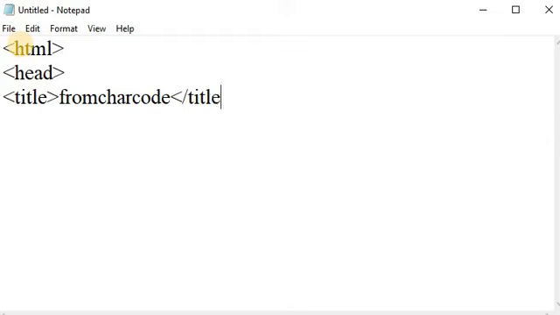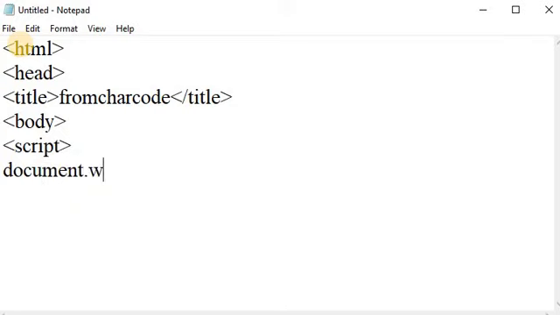After closing a title tag, open the body tag, and in a body tag write a script tag. And in a script tag, first of all, take one variable. Here I am taking one variable, or without variable you can write here only document dot write.